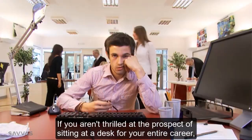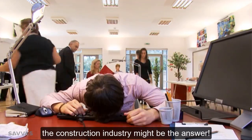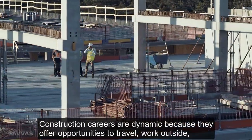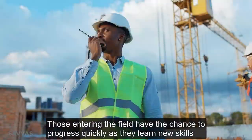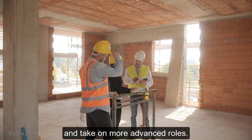If you aren't thrilled at the prospect of sitting at a desk for your entire career, the construction industry might be the answer. Construction careers are dynamic because they offer opportunities to travel, work outside, and see tangible results. Those entering the field have the chance to progress quickly as they learn new skills and take on more advanced